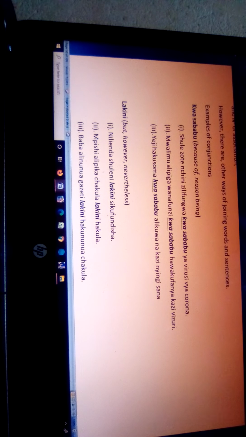For example, we have sentences here where kwa sababu is used. We have: Shule zote nchini zilifungwa kwa sababu ya viruhusi vya corona. Shule just means school. Zote is all. Nchini is in the country. Remember I told you when you add ni on a noun, it becomes in. But when ni is added on a verb, it simply means